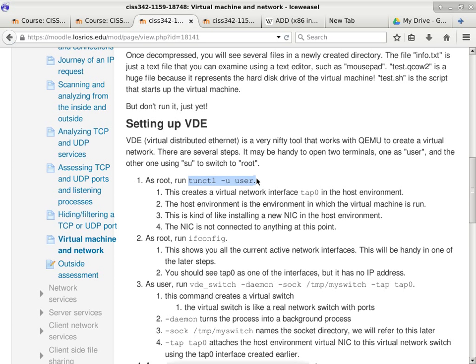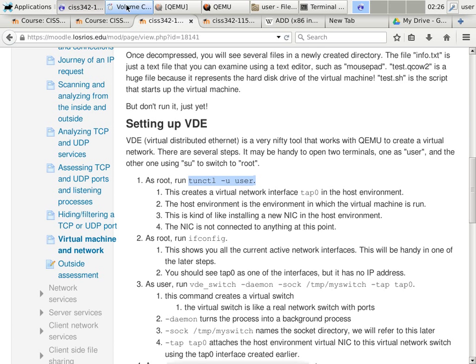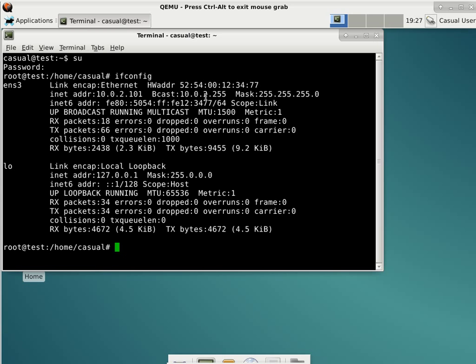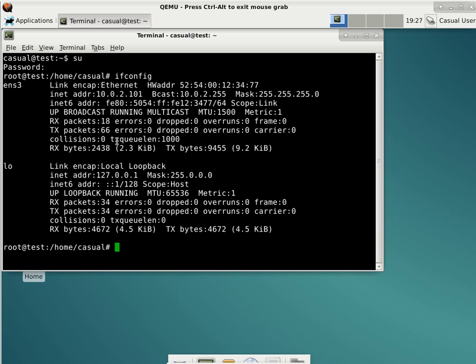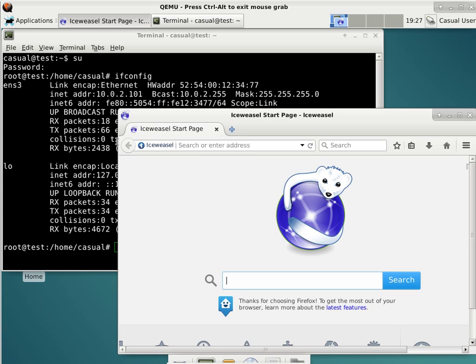Now this is the check. Let's go into the virtual machine being tested. So that would be this virtual machine here. It already has some applications installed. It doesn't have a whole lot, but it does have a browser installed. This is inside the virtual machine. This is the moment of truth, because if this browser has the ability to go to, let's say, moodle.lostreals.edu, it has internet connection. It is going through the virtual gateway, which in turn goes through your actual internet connection in your host environment to go out to the internet. So let's go ahead and try this to be sure.